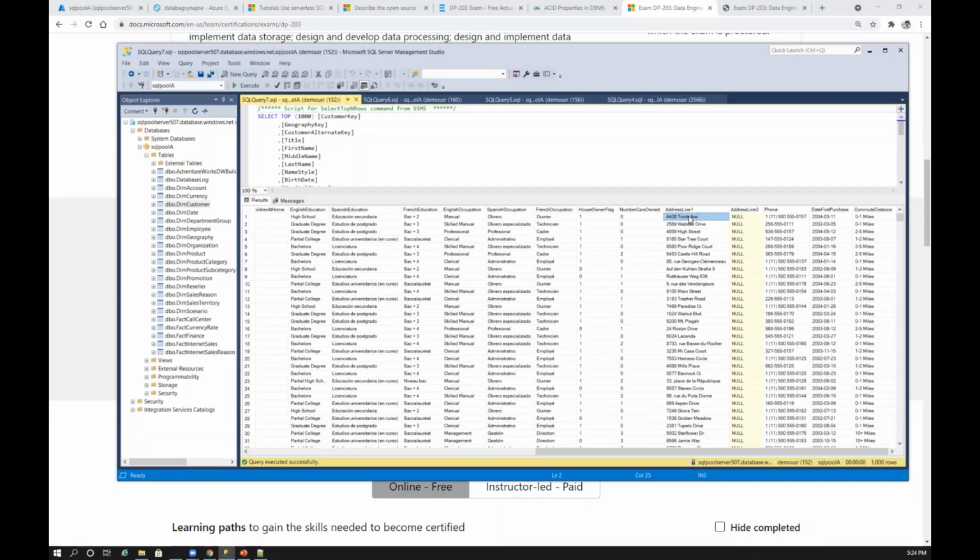What is SCD type 2? When the user updates his address, he will keep his old address and there will be a new insert below that, which will be the new address. Old address, new address, start date, end date. Just assume the old address has a start date and end date, and the new address has an infinite end date. There will be another column which is active, yes or no. For the old address, the indication will be no. For the new address, the indication will be yes. So whenever you join with this, you also use this indication, active yes or no. That's like an additional join key. So that is called SCD type 2.